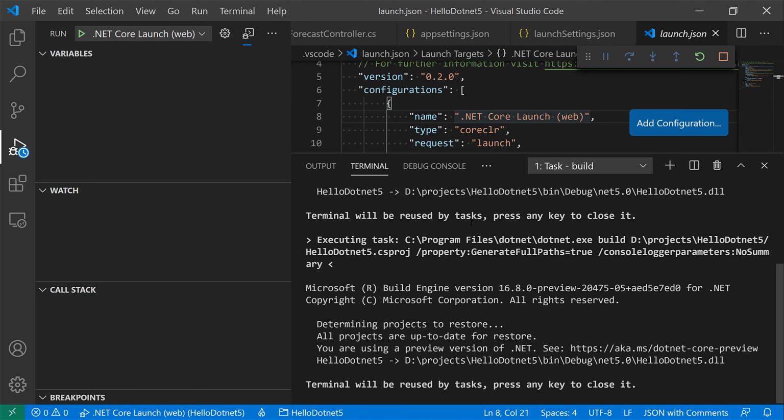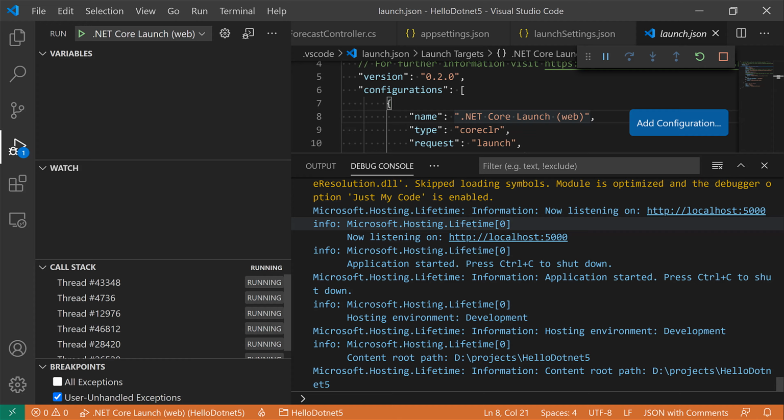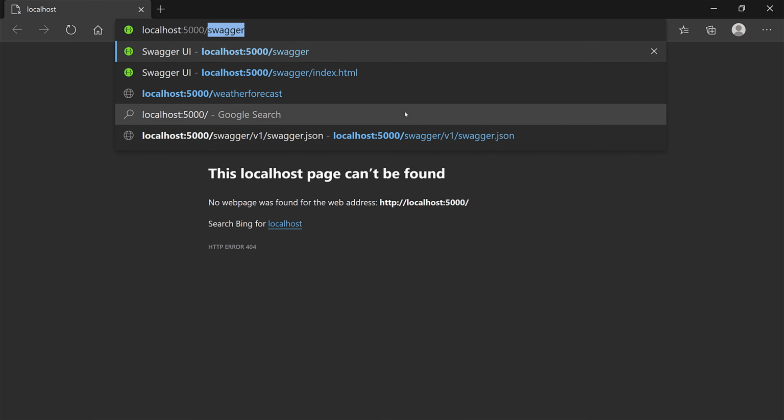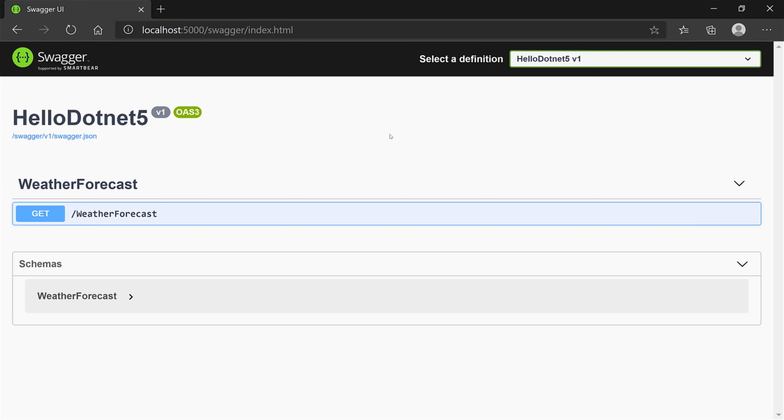It's going to build it. And now we're opening the browser, and here we are. Now the default URL that we have configured right now is not pointing anywhere. So if you want to actually see something, what you can try is just going to the Swagger URL, and this is going to take you to the Swagger UI or the Open API specification that we talked about before. So here is where you can start